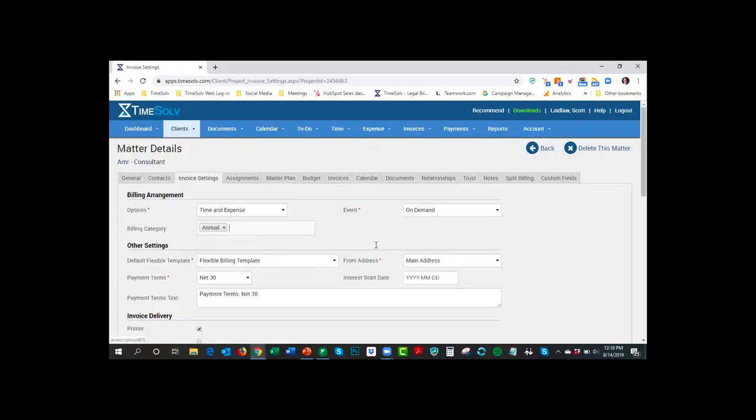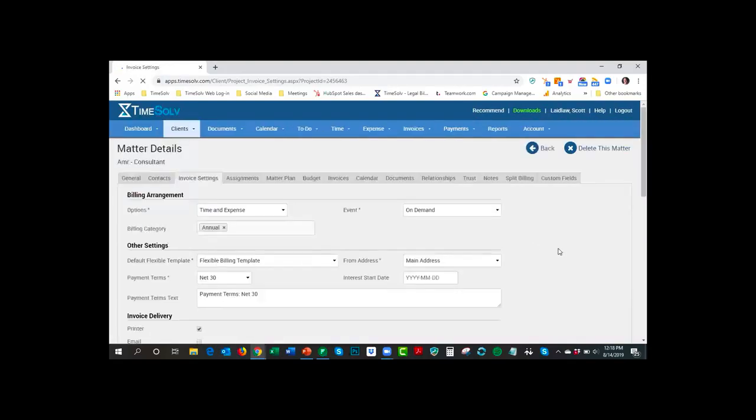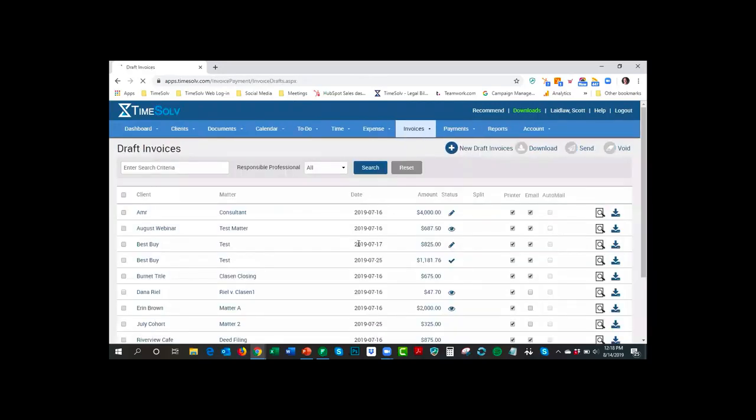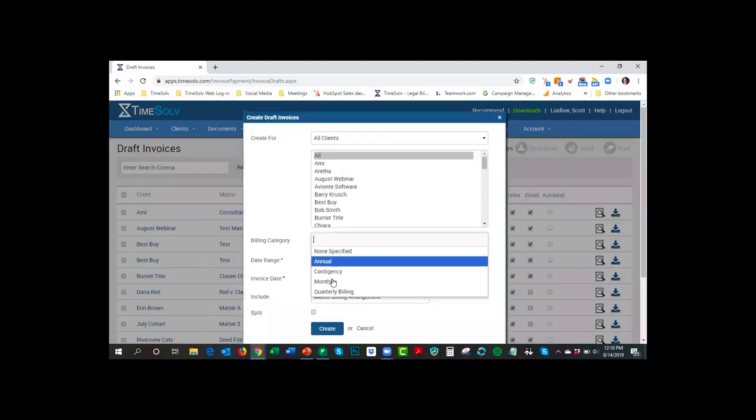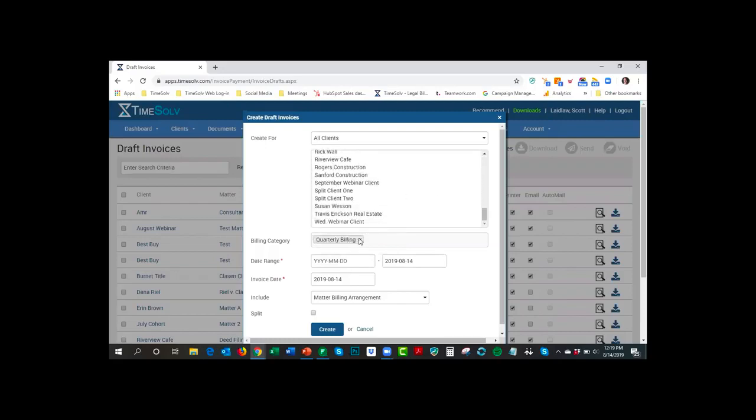But the point is, once you've categorized the matter to a particular billing label, when you go to create your draft invoices, you'll see the option, creating a new draft invoice, to only create invoices for those that have been labeled or categorized as quarterly. Now you have to make sure the date range matches that, obviously, but now it's only going to create draft invoices for all of your clients that specifically have quarterly billing for any of their matters,